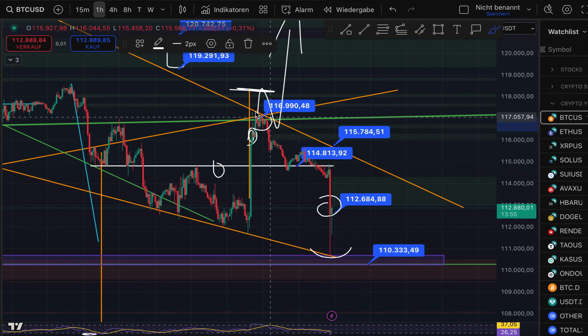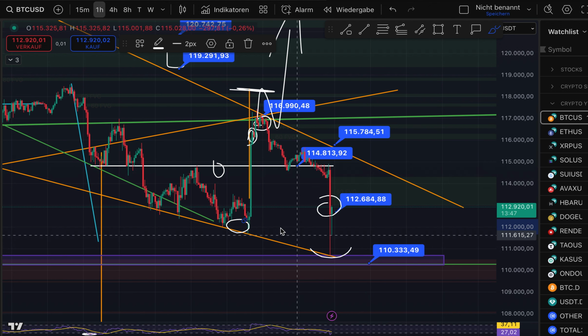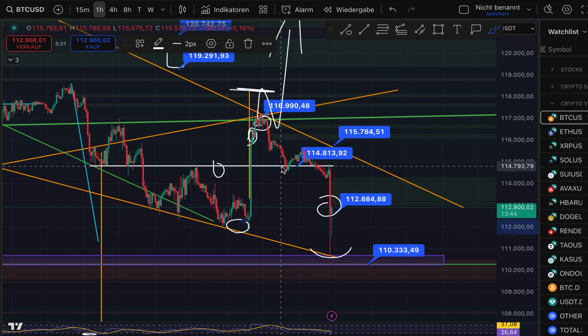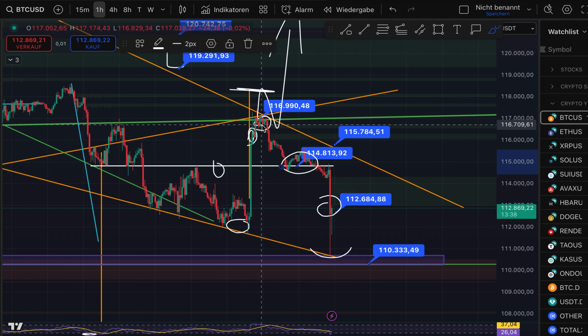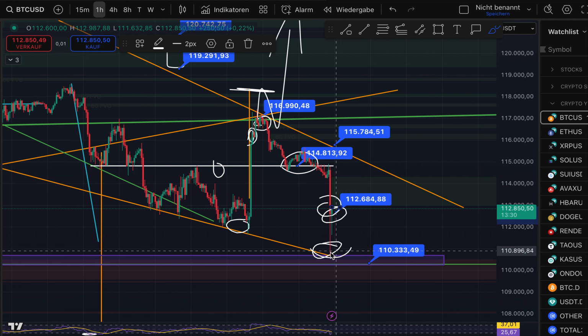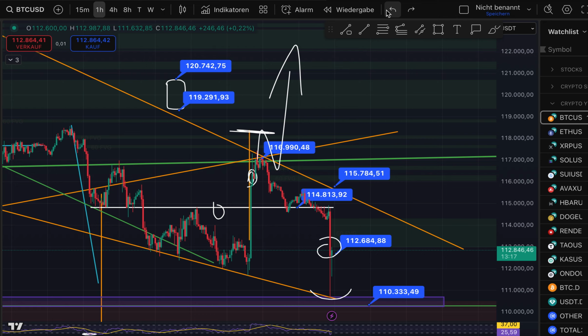Whoever thought here, just a quick question, why didn't I buy down below here? And why don't I have Bitcoin right now? When they were here, you were like, maybe I bought down below here. Why didn't I sell up here? Right? Now we are down below here, or now here. But when we were down here, you were thinking, oh, it's going to crash. We are not going to buy it. Why? Because it can drop more. So at the end of the day, it is all speculation. But if we get into the fair value gaps,